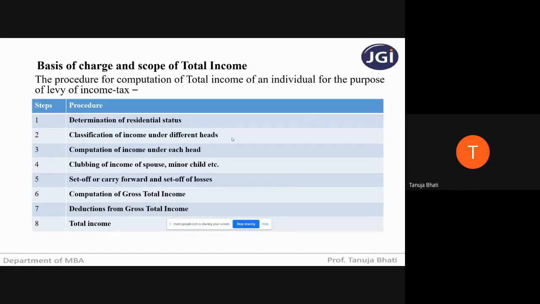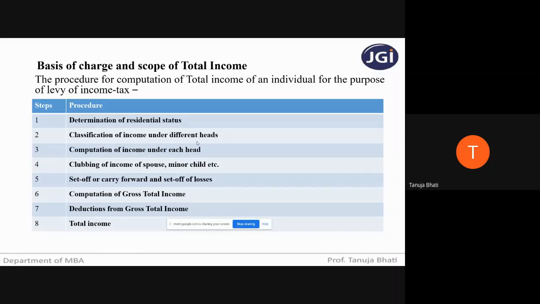So these are the five heads of income. It is obvious that an individual can have income from more than one head. For example, if I have to calculate the tax to be paid by me, I am working in Jain College and receiving salary from Jain College, so that will fall under which head of income? Income from salary. Plus, I have my own individual consultancy practice, chartered accountancy practice. Whatever income I'm earning from that firm where I'm giving my consultation will fall under the head income from business or profession.